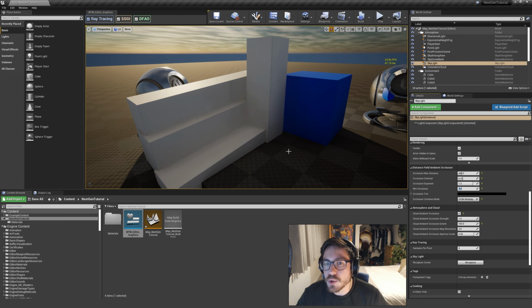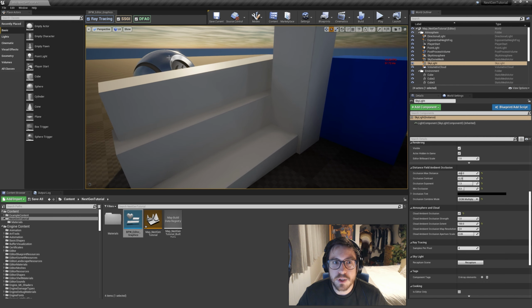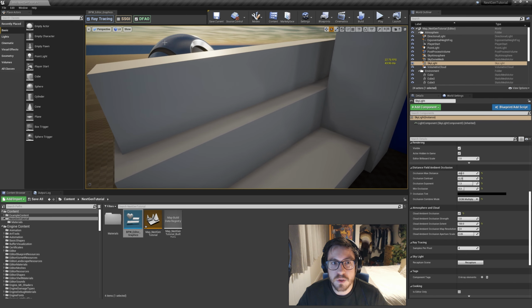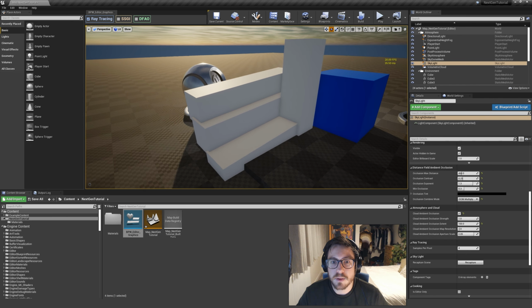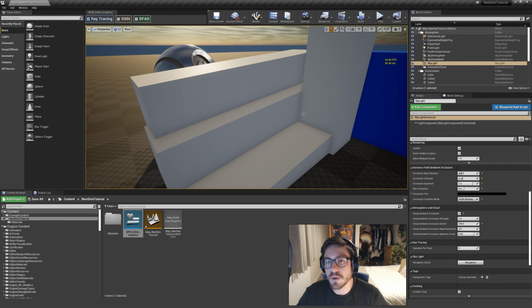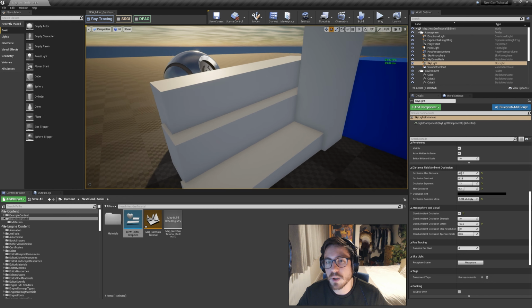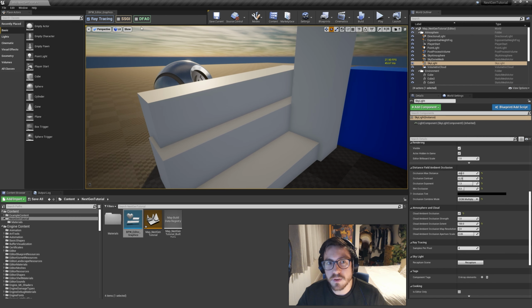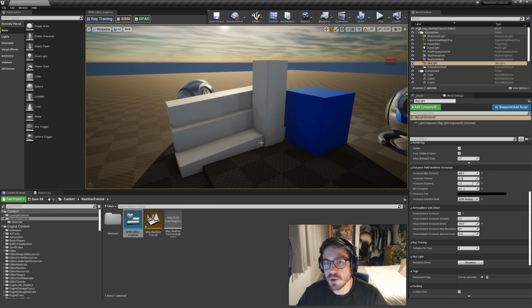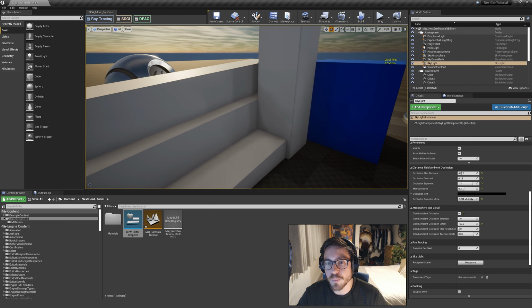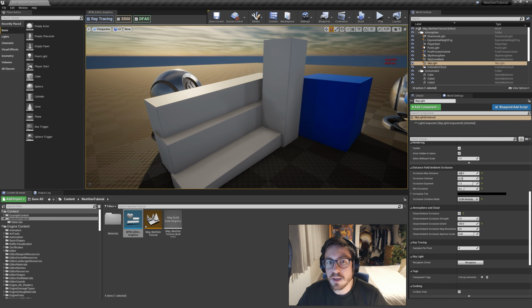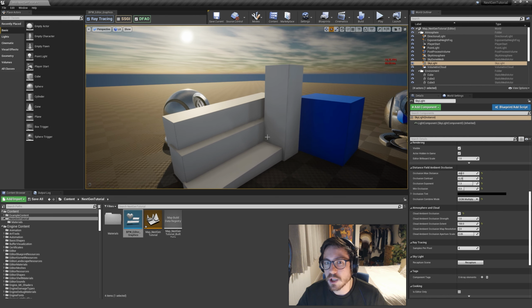The distance field ambient occlusion is quite inaccurate if you compare it to the normal one. So if I toggle off the SSGI, you can see the normal one only. The normal one only gives you really nice details in these smaller corners. You get really nice details from that one, whereas the distance field one gives you these larger details, and it doesn't really work on these very small corners. But I think a combination of these two methods actually looks really nice and quite close to the